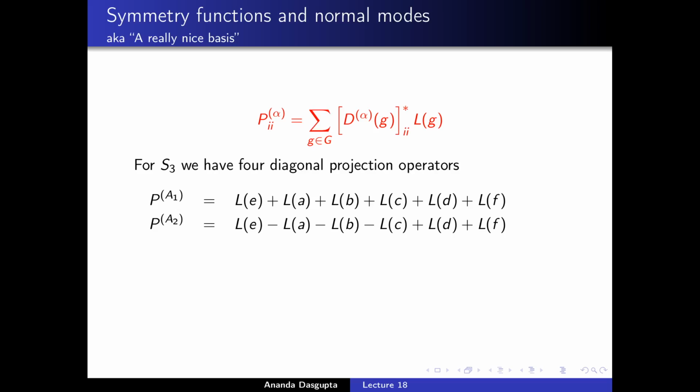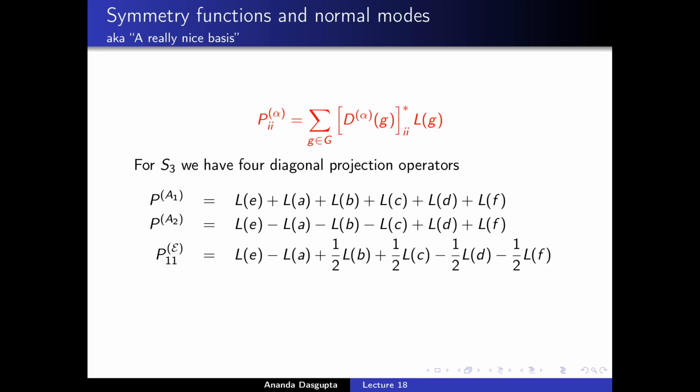And in order to figure out what they are, you will have to look back at the representation matrices for the 2-dimensional irreducible representation. If you do that, you will find that these projection operators are also not too difficult. P curly E11 turns out to be LE minus LA plus half LB plus half LC minus half LD minus half LF. And P curly E22 is very similar, except that there is a difference in some of the signs. So these are the 4 projection operators that we can apply on arbitrary vectors in our 6-dimensional space,